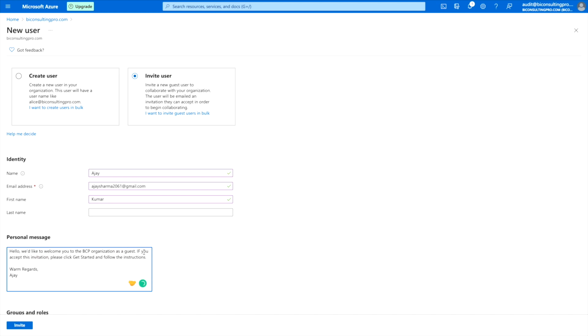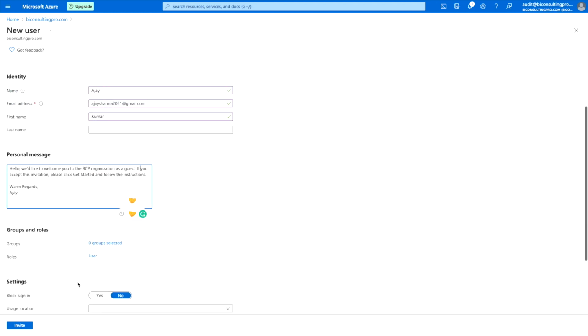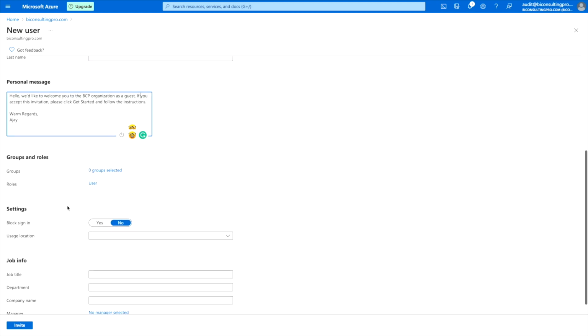So you can do this yourself. It's just a custom message. It's a typical example; it doesn't necessarily have to be like this. It's up to you what kind of message you would like to write over here. Not only one person, you can add that particular guest user in a group as well if you would like to,